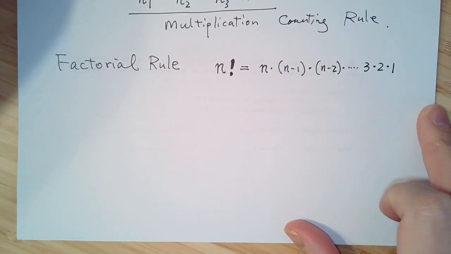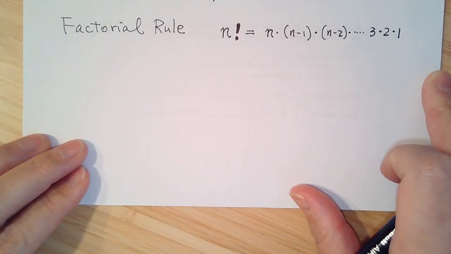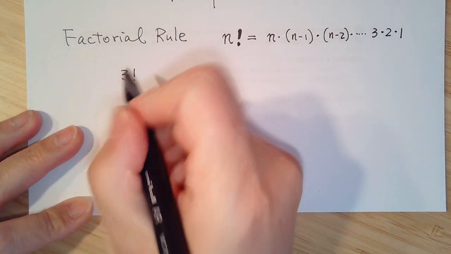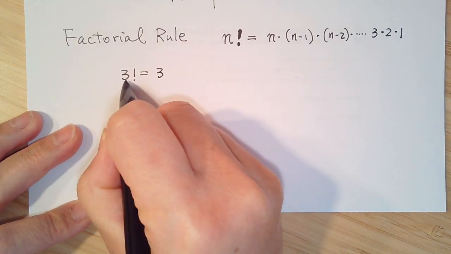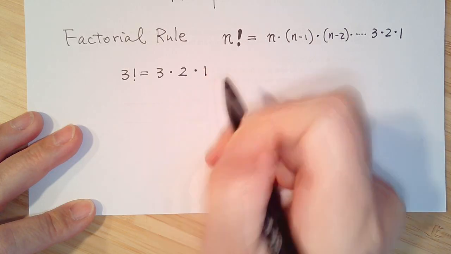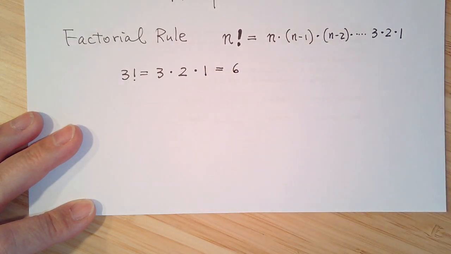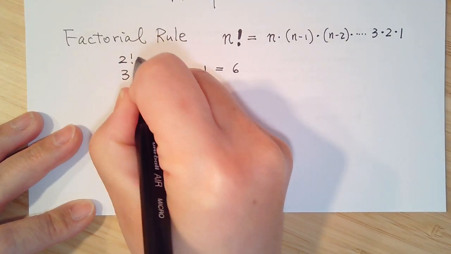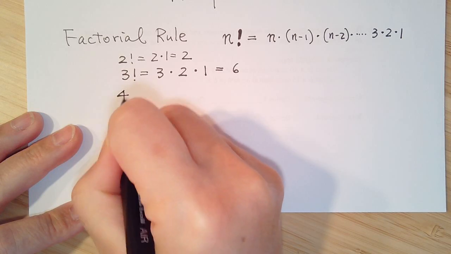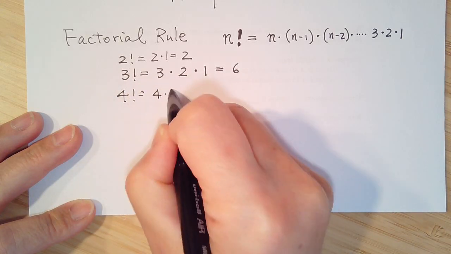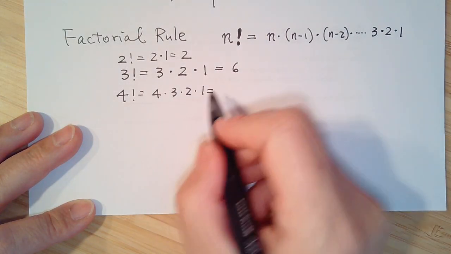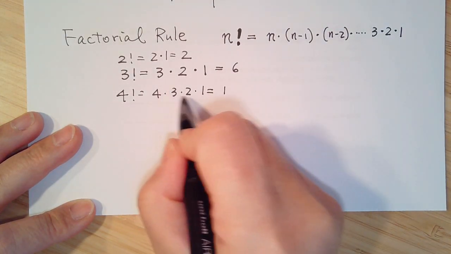All right, now quick calculation. Quickly, what is 3 factorial? That would be 3, starting from this number, multiplied by 1 less. When you go to 1, you stop. So that answer is 6. So 2 factorial will be just 2 times 1. You stop at 1, so that's 2. What about 4 factorial? That will be 4 times 3 times 2 times 1, which is 4 times 2, which is 12, times 2,